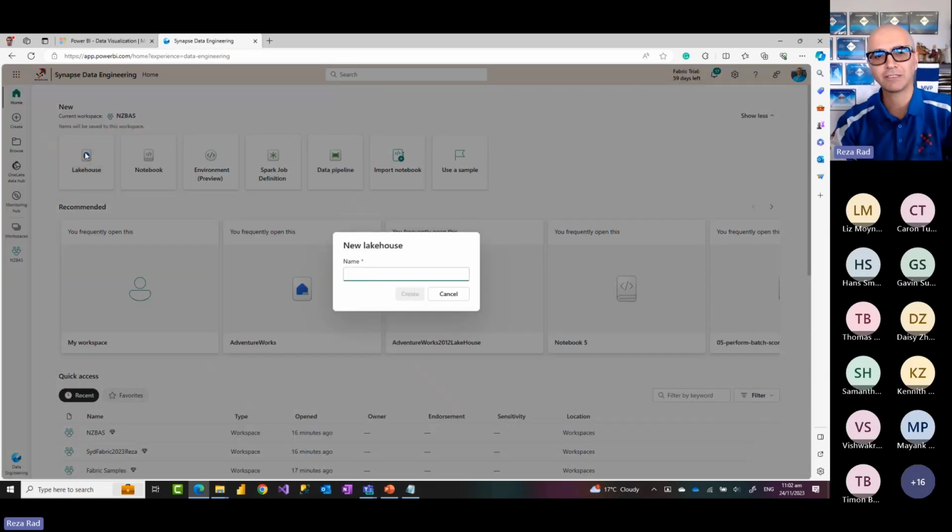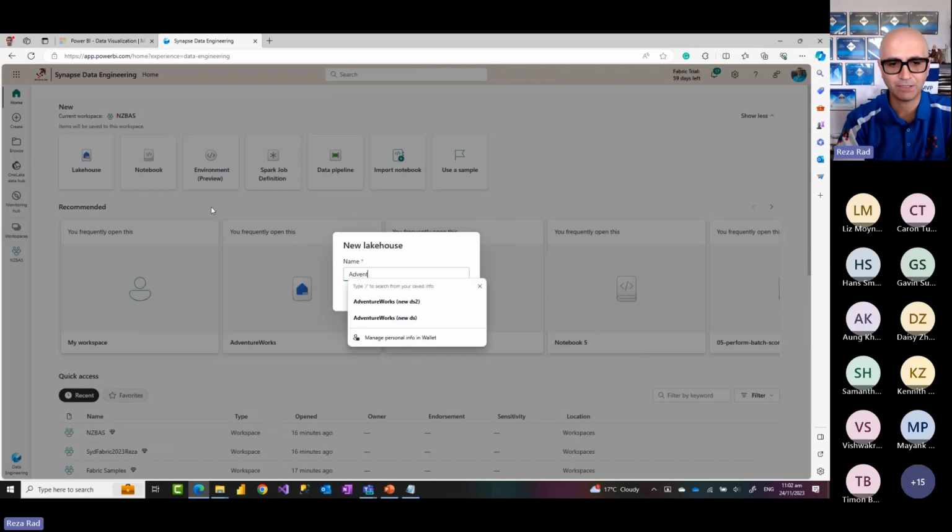What is a lakehouse? Lakehouse is like a database or data storage object in which you store structured data as well as unstructured data. Structured data can be like tables and their data. Unstructured data can be like files, CSV file, Excel file, even image file. Sometimes you may need to store these in one place, and Lakehouse gives you that ability. So I'm going to call this Lakehouse Adventure Works